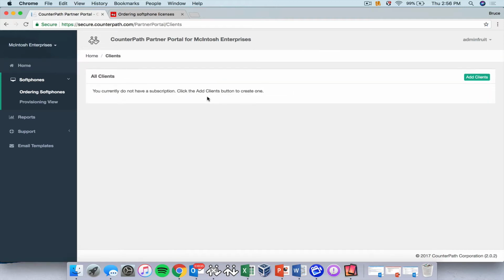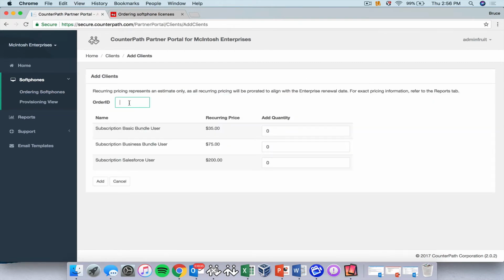It tells me I don't have a subscription for this particular enterprise, which is what I expect. The order ID is really for the distributor to use if they want to put a purchase order number or some sort of invoice number that gets included in the transaction records that we maintain. So every 3 months, CounterPath will send an invoice at the end of the calendar quarter to the distributor. And if you wanted, as a way of correlating our transactions with your own records, that's how you do it. So I can put in fruit